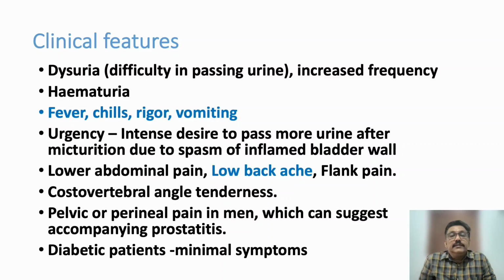Now, when we discuss clinical features, we all know that any infection will produce fever. In urinary tract infection you can get severe chills, rigors, severe vomiting, low back pain, lower abdominal pain, flank pains, hematuria. Some patients can have hematuria, some patients may not. Renal angle tenderness is seen in many patients. Other than that, patient can have pelvic pain, urgency, urinary emergency, like that.